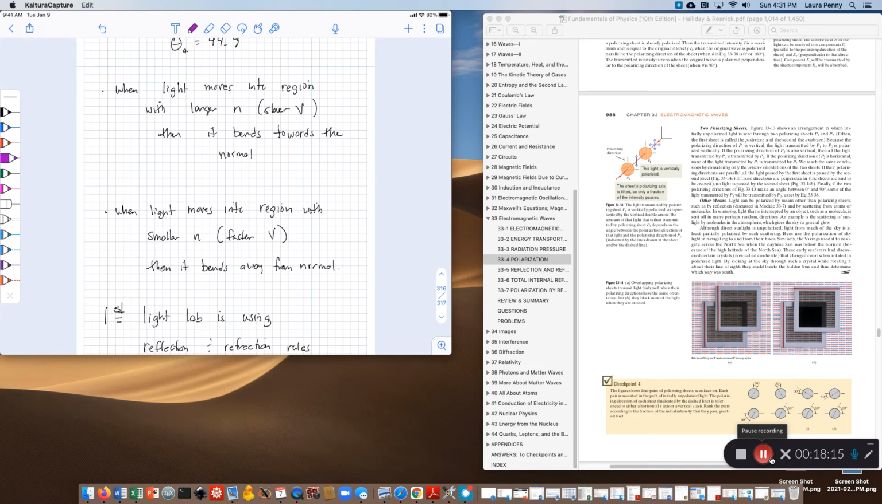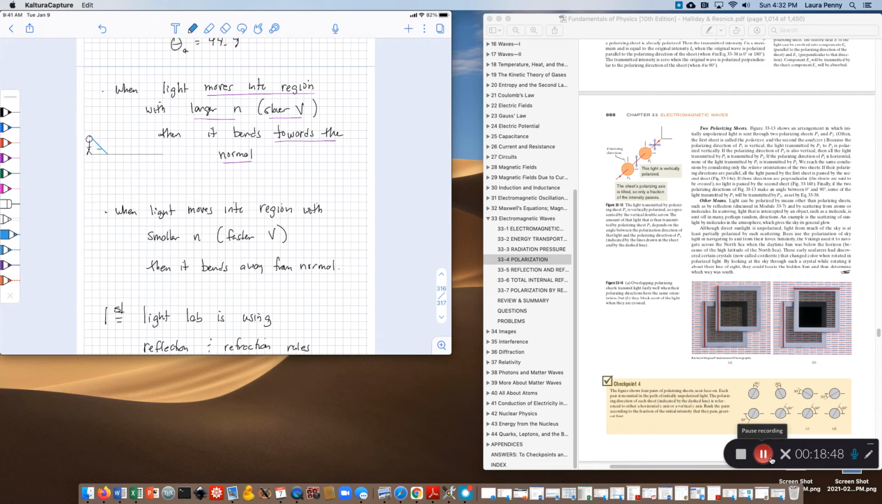Just some general things here. When light moves into a region where there's a larger n, or in other words, the speed of light is actually slower, then the light's going to bend toward the normal. In other words, if I have the opposite situation that I just showed with the water, with the light coming from the bottom of the pool, if instead I have somebody at the top of the pool and light is moving away from them